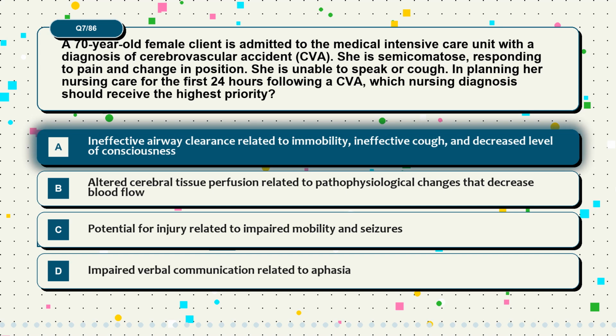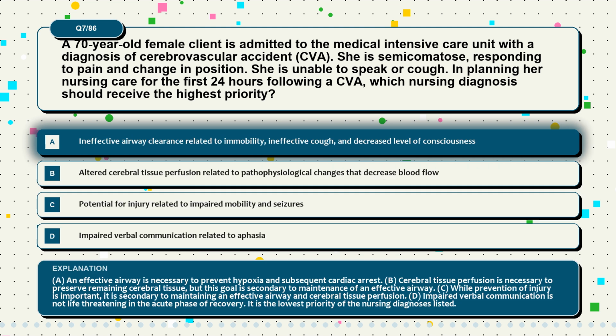The correct answer is option A. Ineffective airway clearance related to immobility, ineffective cough, and decreased level of consciousness. An effective airway is necessary to prevent hypoxia and subsequent cardiac arrest. B. Cerebral tissue perfusion is necessary to preserve remaining cerebral tissue, but this goal is secondary to maintenance of an